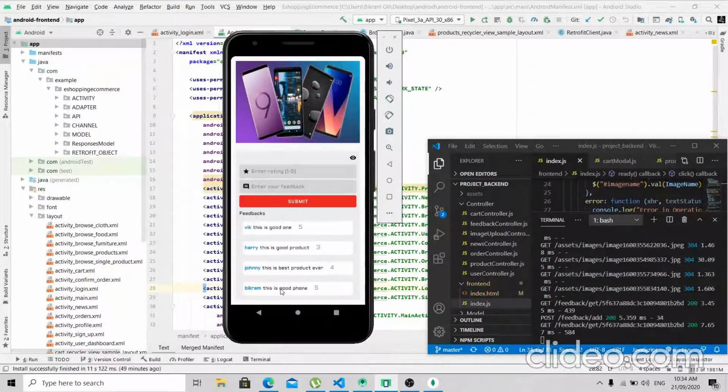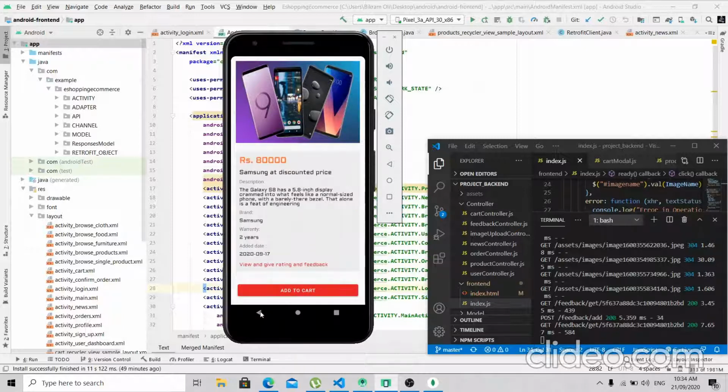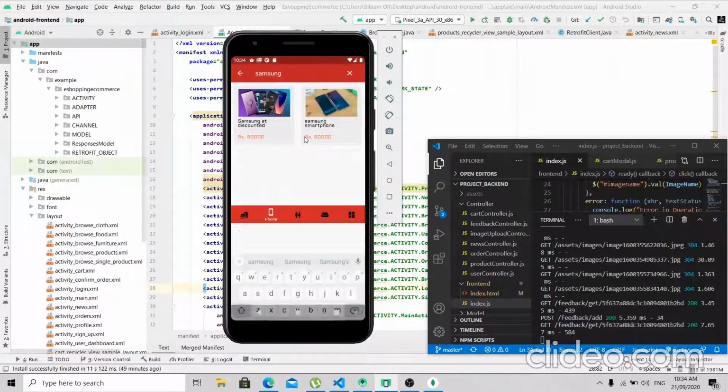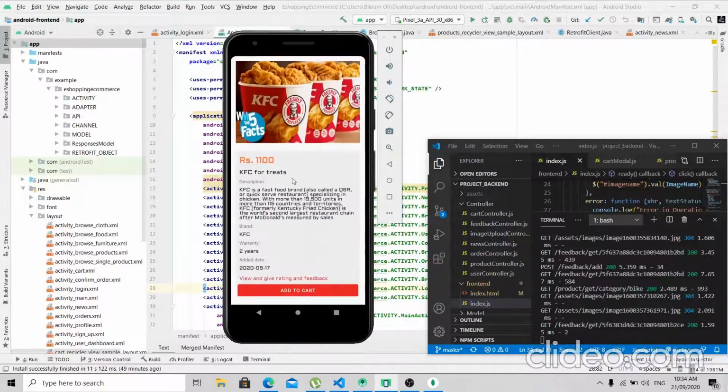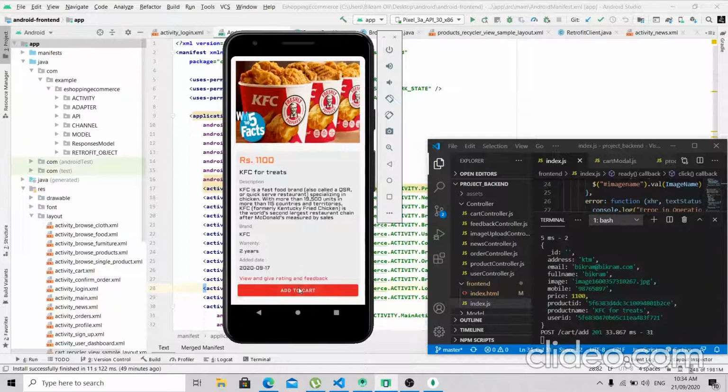So this is what I have input currently. This is the good one, and I have given a 5 rating. So now this is our rating and review. Now let's click this, and now let's add this product to the cart.